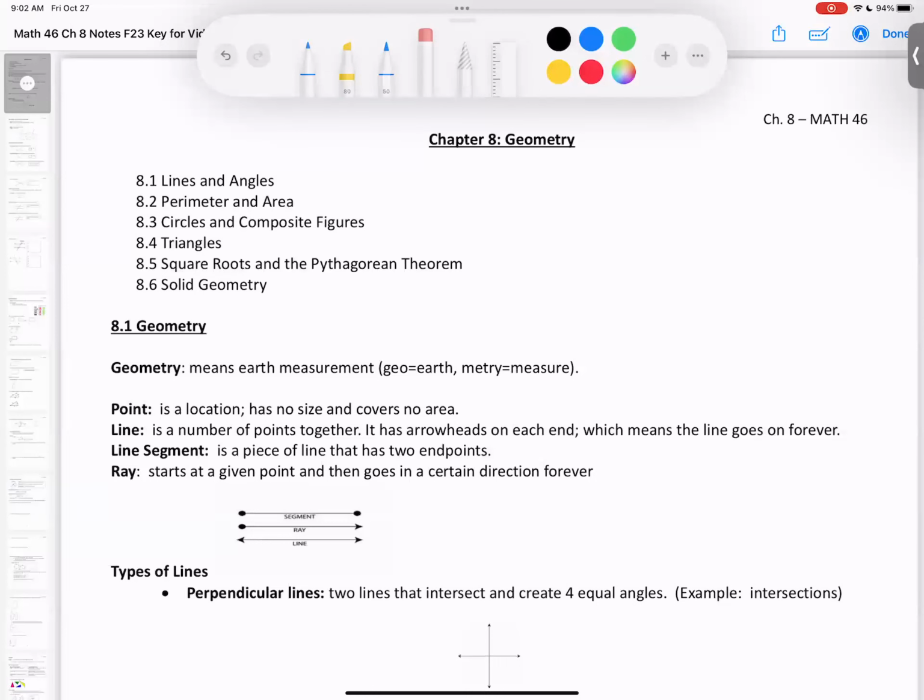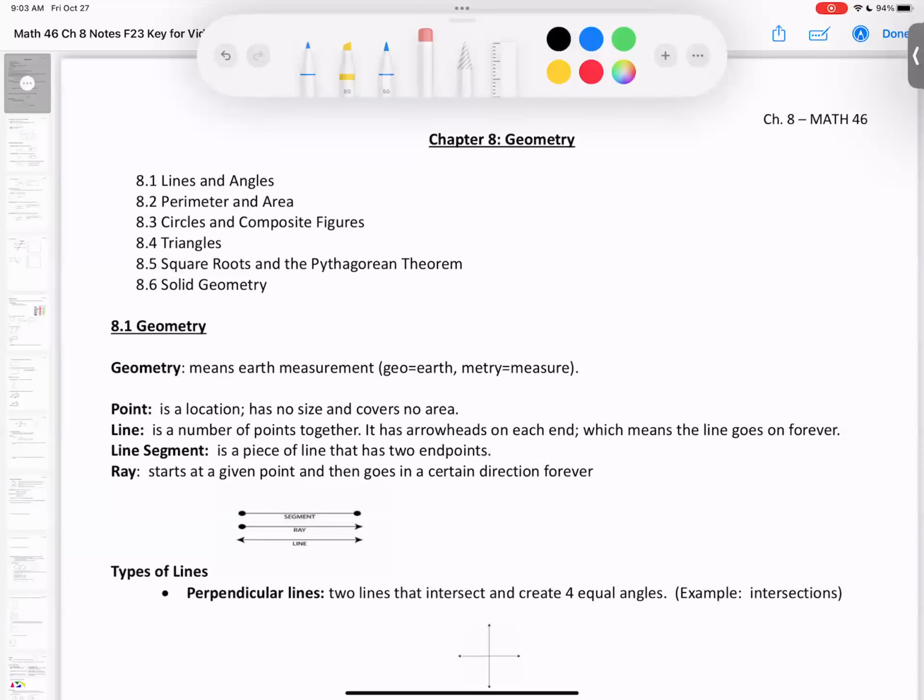Good morning. Welcome to chapter 8, where we're going to be looking at geometry. So we're going to start in this video looking at lines and angles. Then we're going to be moving on into different polygons or shapes, looking at perimeter and area, then into circles